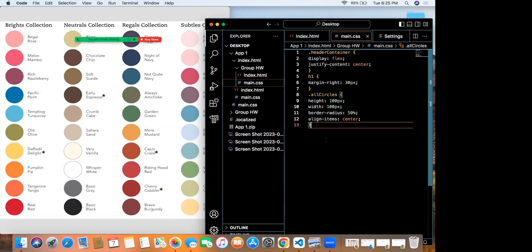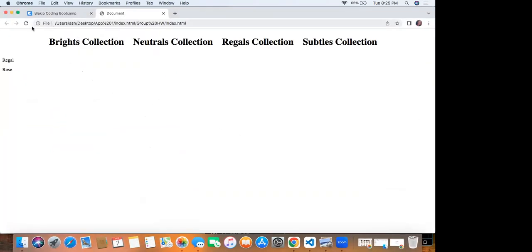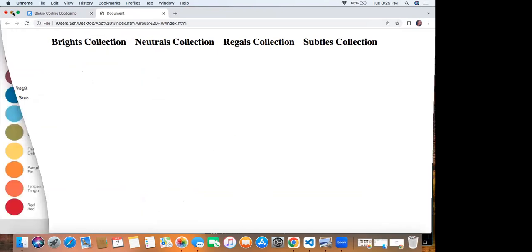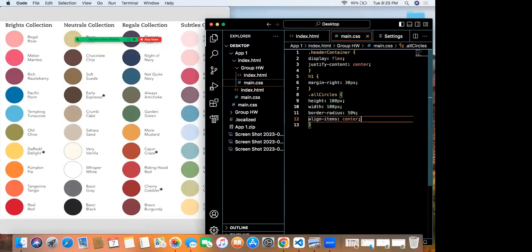Should we see how it looks? Oh, we won't have anything because we didn't give the dots a color. Yeah, it's there, but it's invisible. Okay. So did he want us to actually look up these colors? I looked up one of the colors, so I can give it to you in the chat.